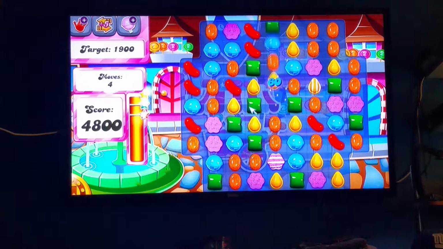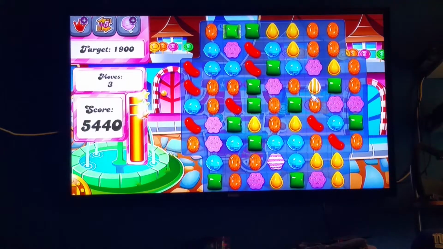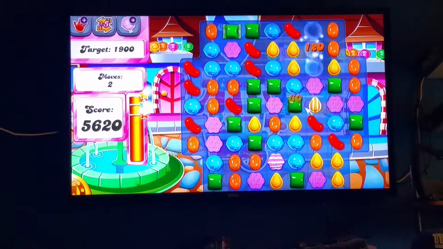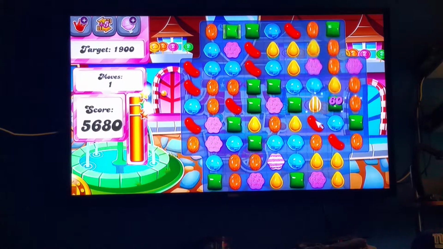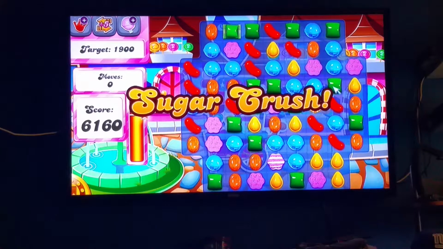Let me just finish this game because now I'm kind of addicted to it. But this is a great box. I've had it for about 2 to 3 days now or something like that. And I've been watching so many movies. I'm actually starting to play the game now.